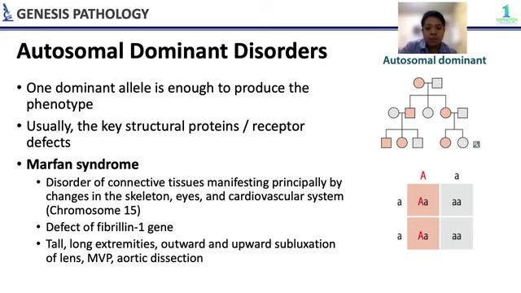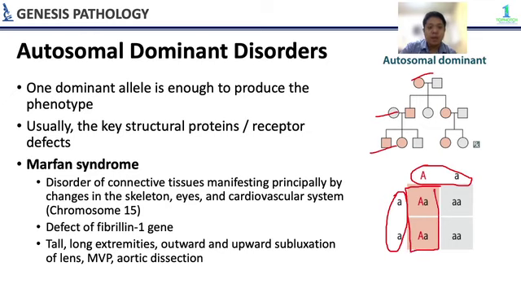So if you see the genogram of patients with autosomal dominant disorders, the ones in orange do not skip a generation. All generations are affected, and it equally affects both males and females. For example, you have a parent with a heterozygous genotype. They express the disorder because it is autosomal dominant, right? And there is a normal parent. So when you cross them, 50% of the offspring will develop this phenotype.